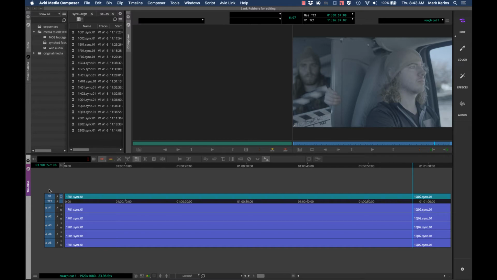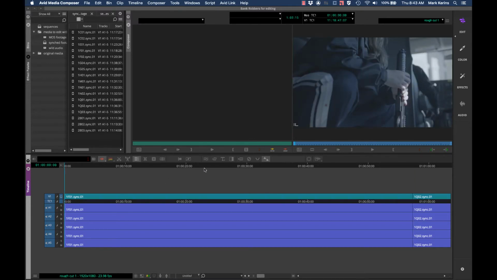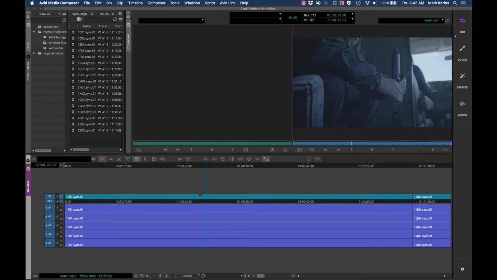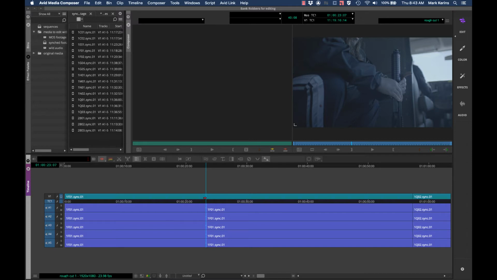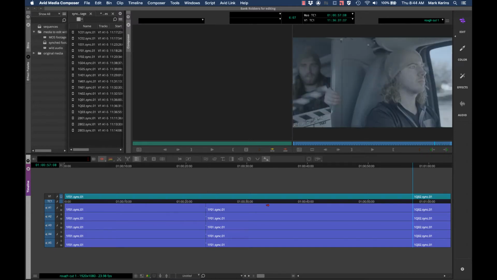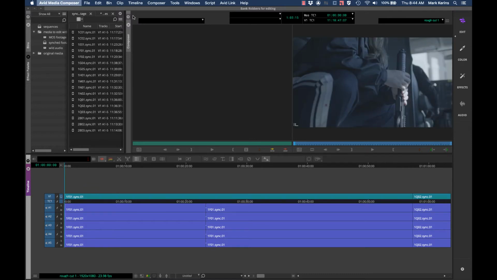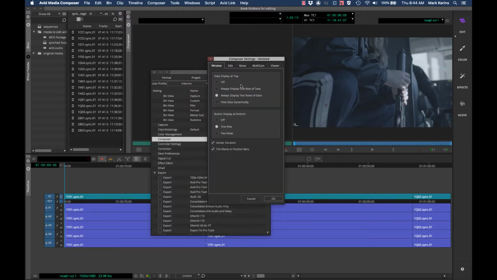The ignore track selectors one is saying, do I go every time there's a cut? So for instance, let's say here, there's cuts in the audio track, but not on the video track. Do I stop there because there's a cut, even though it's not on all the tracks, or do I only go to places where there's a cut on all the active tracks? So if I go back into those settings and change that,